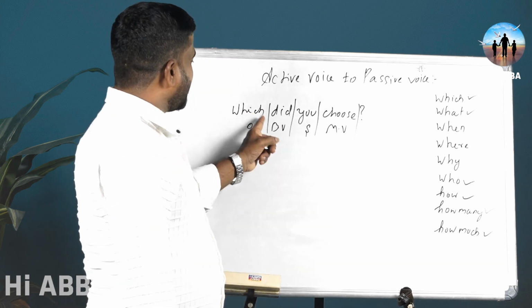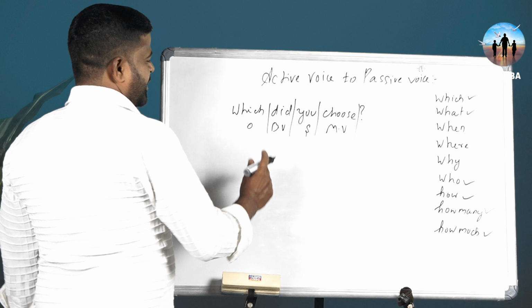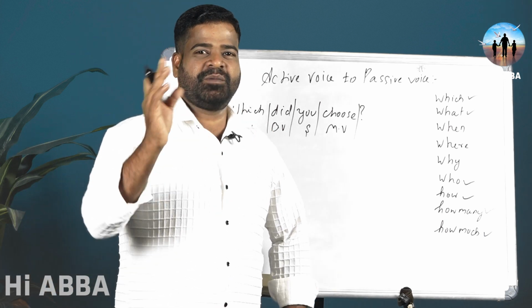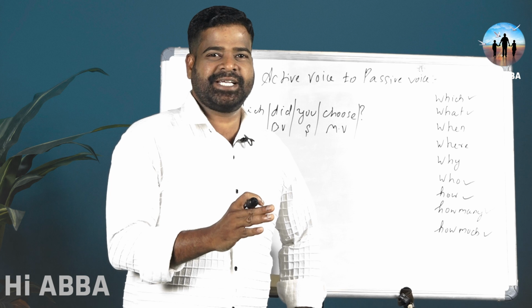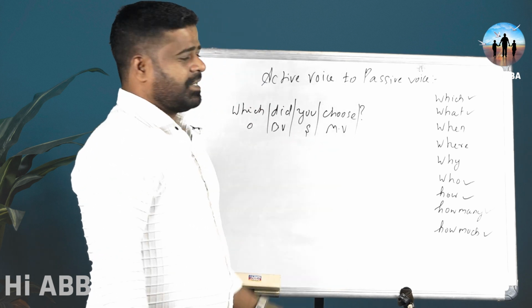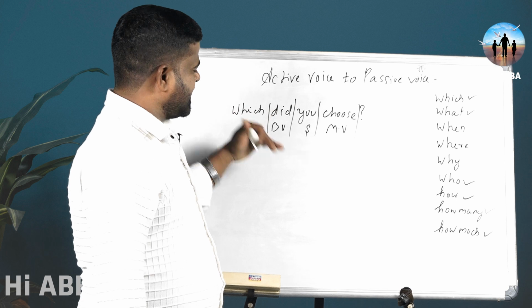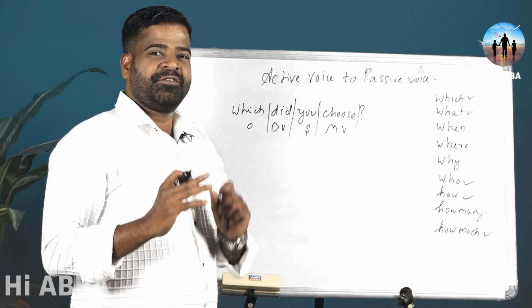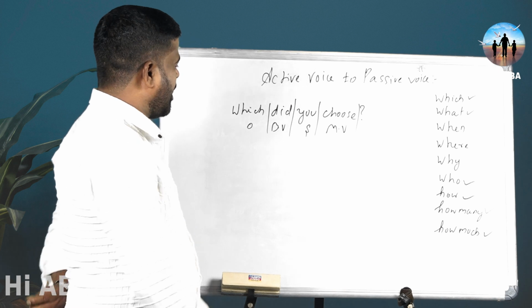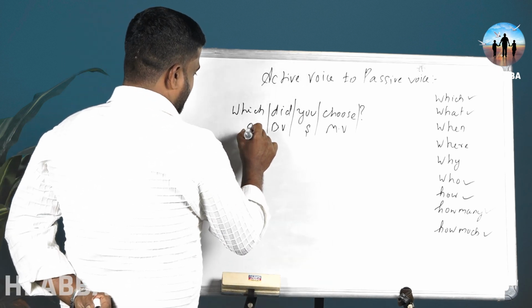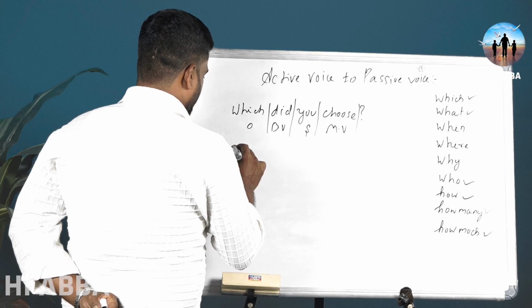Now how does this have to be changed into passive voice? Usually what happens in statement sentences, the object will be brought first as a subject, then the subject will go as an object. But here this type of WH question, it is coming as it is. We don't change the places of them, but we apply the formula alone. Now how can this be changed into passive voice? Because this is the object, it will be the same, which.